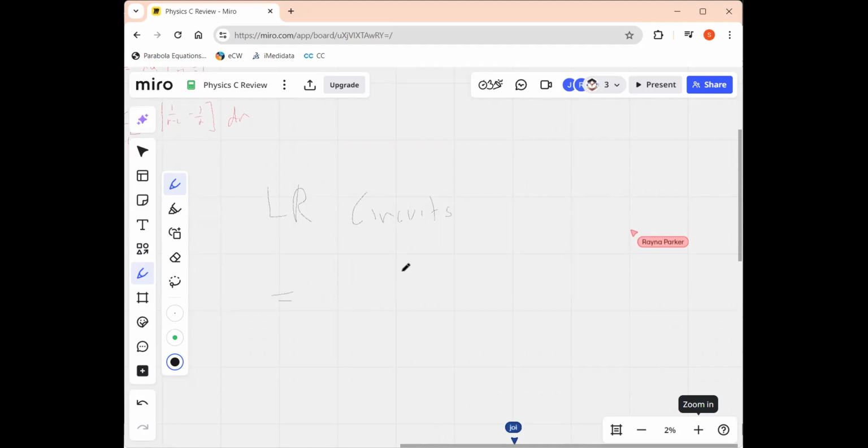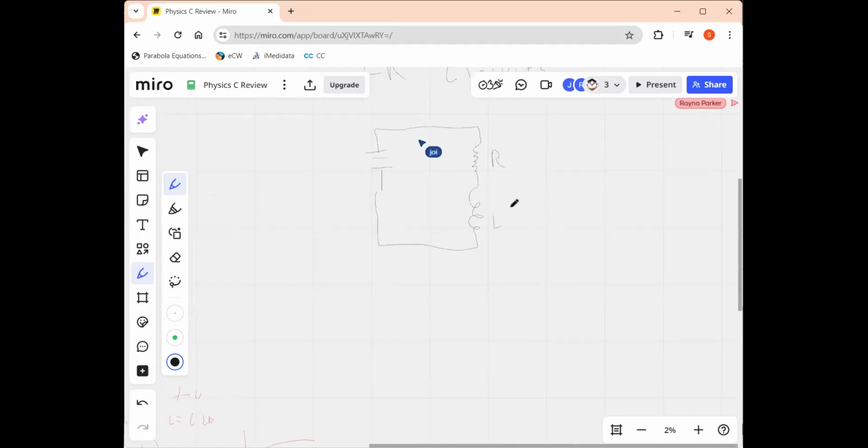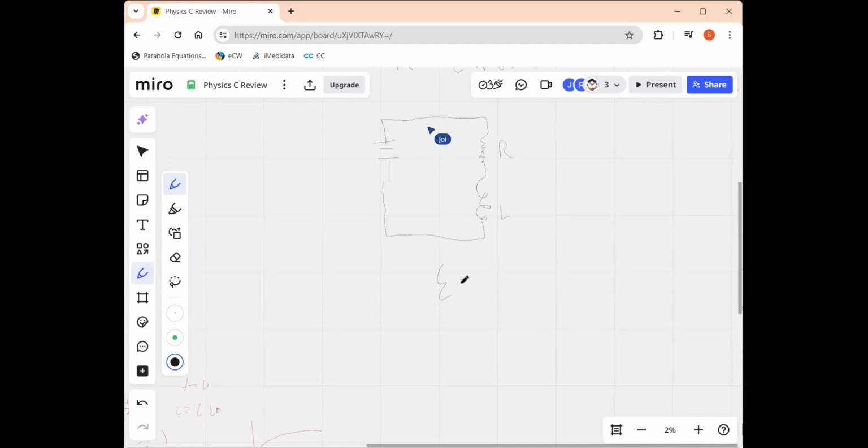Too bad that was a thing. So we have our battery, right? We have our R, and we have our L. So we're gonna do Kirchhoff's law, Kirchhoff's rule here. So E equals IR minus